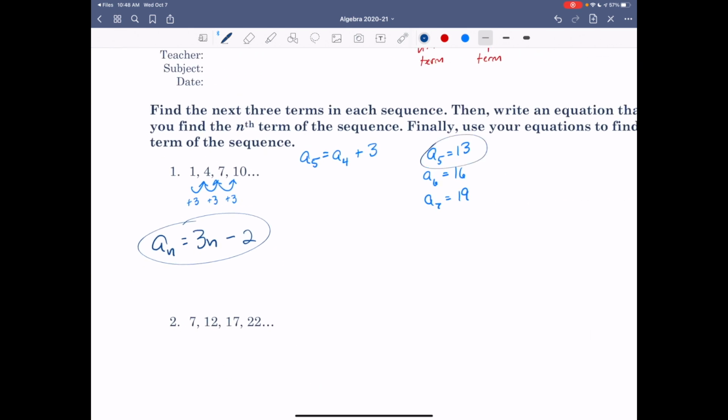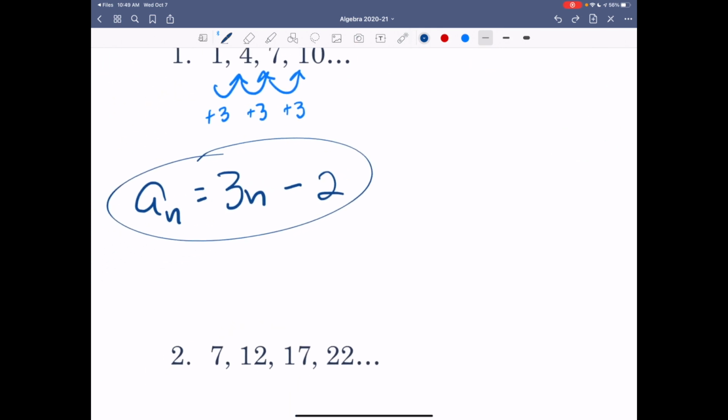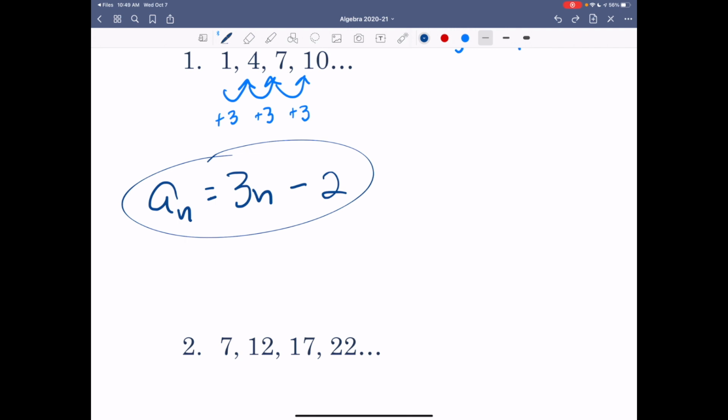A sub 5, what's 5 times 3? Minus 2? Did it work? Seems to. 3 times 6? 18 minus 2? 3 times 7? Minus 2? So is the equation working? Yes. Now, although I think that's a good way to come up with the equation,